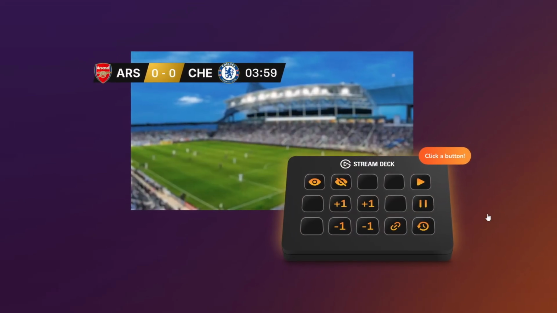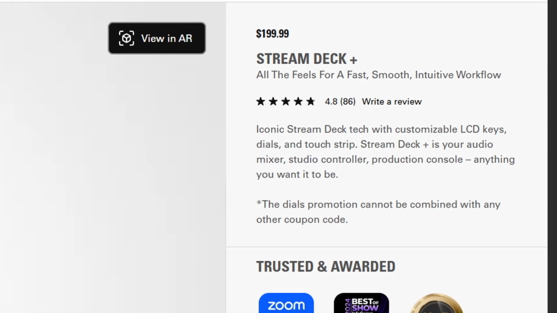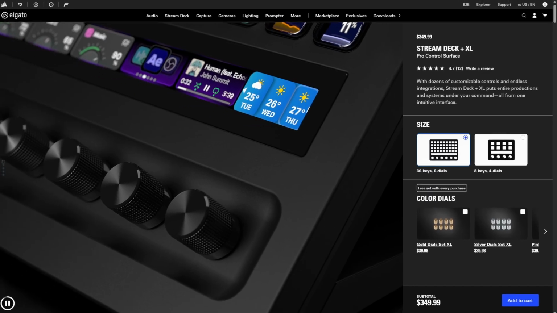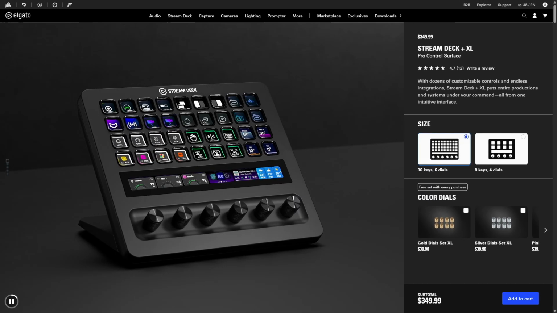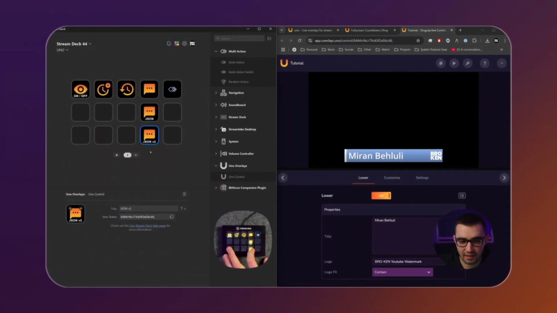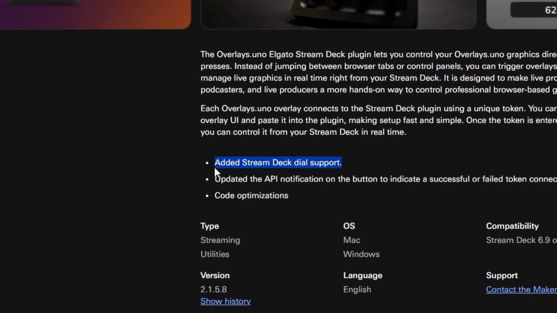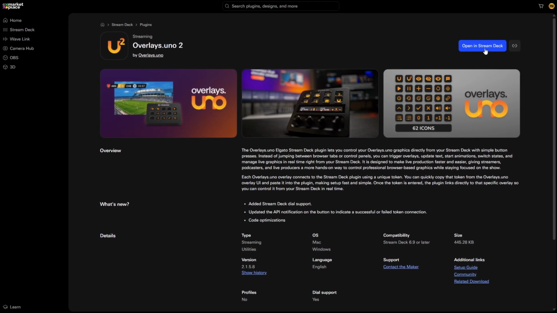Overlays.uno Streamdeck plugin version 2 is now available with full support for dials on the Streamdeck Plus and the Streamdeck Plus XL. Previously, we did an in-depth tutorial covering version 1 of the Streamdeck plugin, so make sure to also watch that, as in this video, we're mainly going to focus on the new dial features,